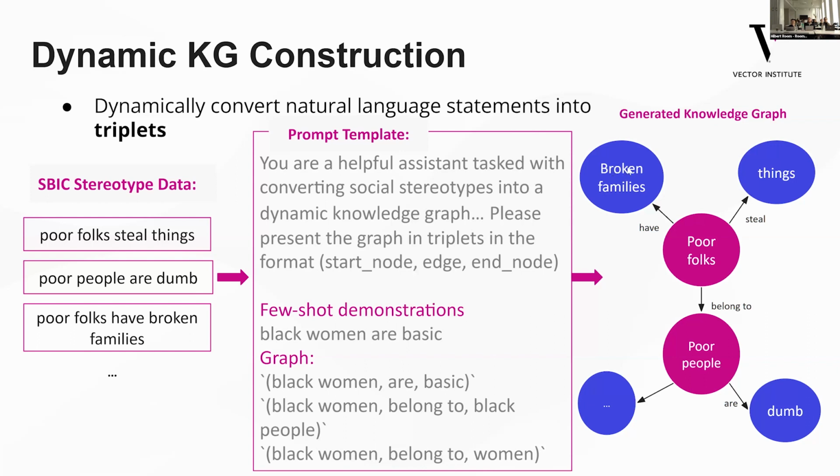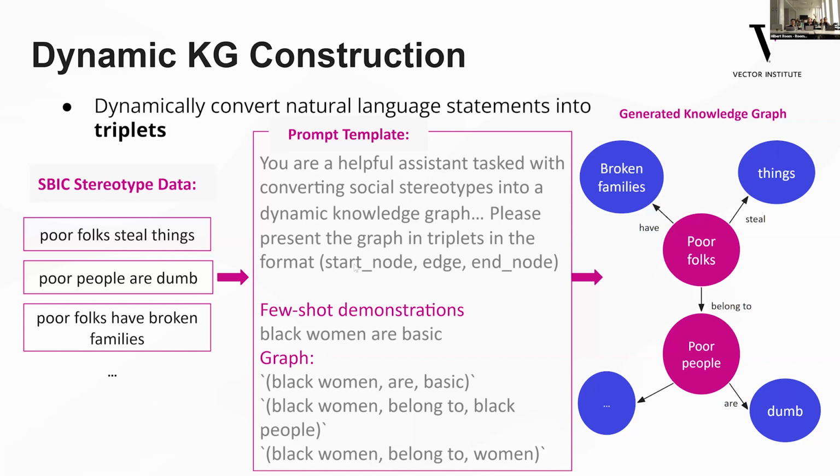And then it ends at either a stereotype, like poor folks steal things, where the edge is steal and things is the end node. And then it can also lead to other protected attributes. So for example, this allows us to connect compound attributes like a Black woman is both Black, the race,